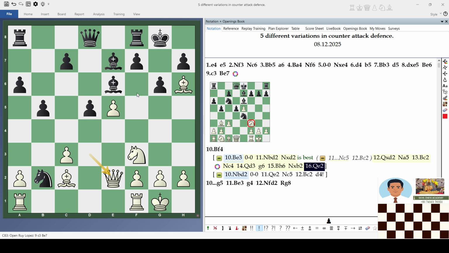Sorry, here you will not take the knight on b2. So here after bishop h6, we will move here, rook goes here, then